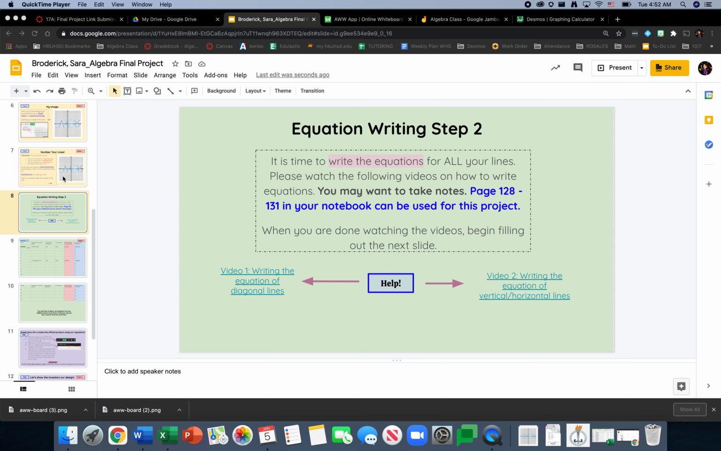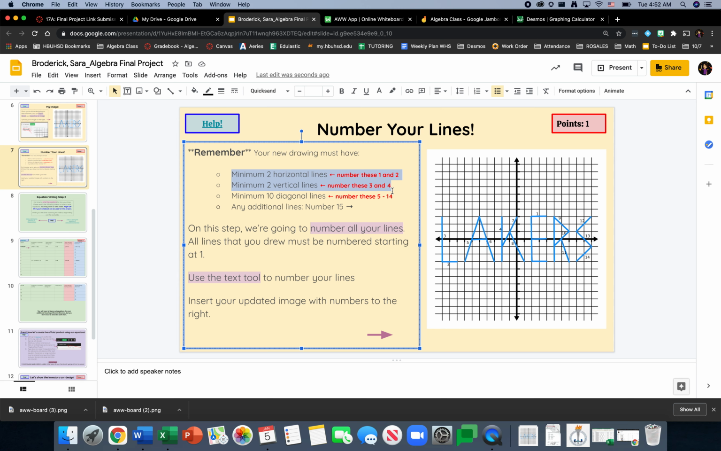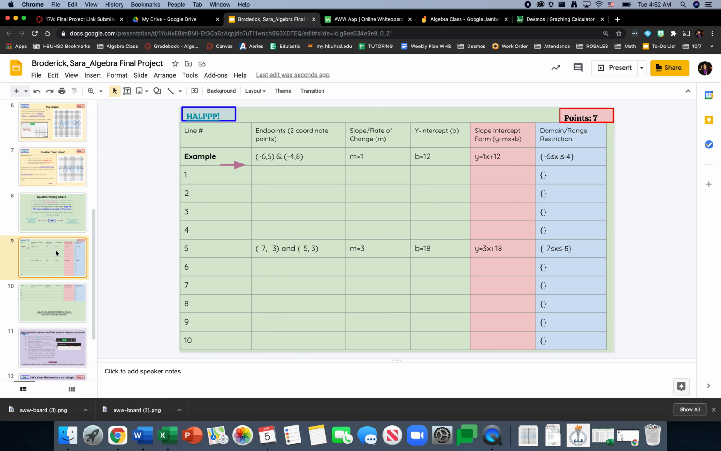We're writing equations. And remember, we have three kinds of lines. We have our diagonal lines, okay, that's the other video. And we have these horizontal and vertical lines. So this is lines 1, 2, 3, and 4. I'm going to show you how to write an equation for those horizontal and vertical lines, and also how to